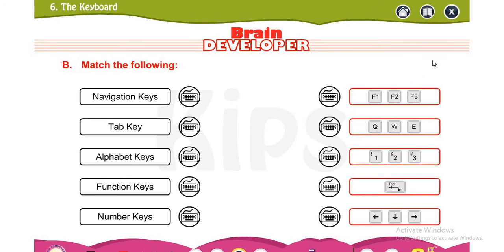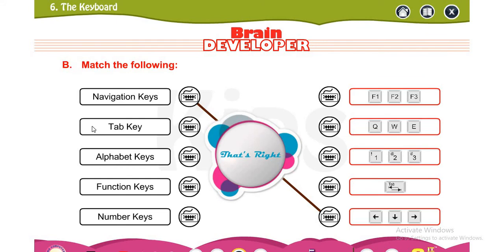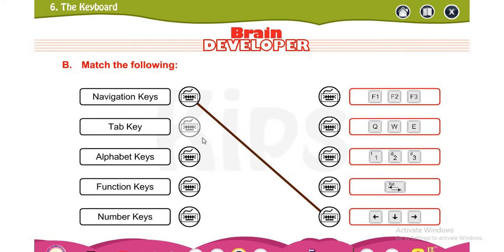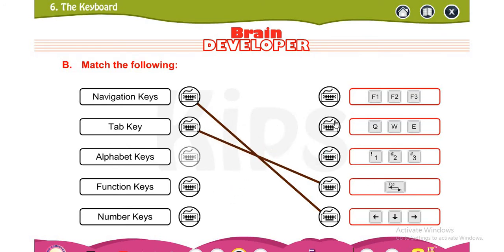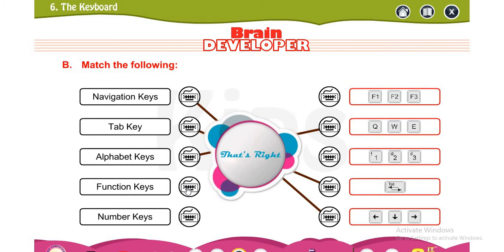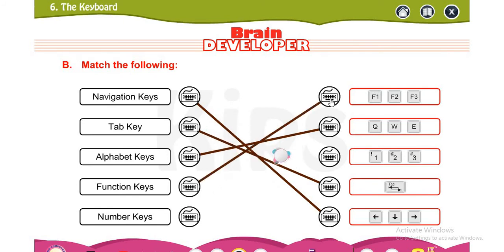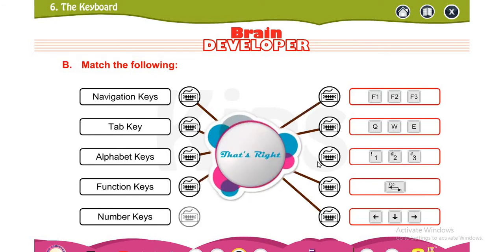With the help of those symbols, you have to find out which key and which symbols are there. First one is navigation key. Then next is tab key, alphabet key, function key, and number key. Okay.